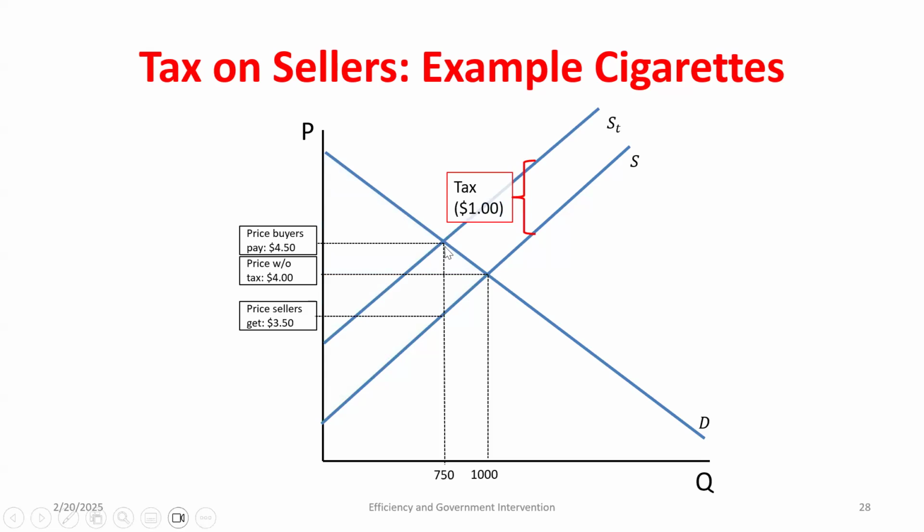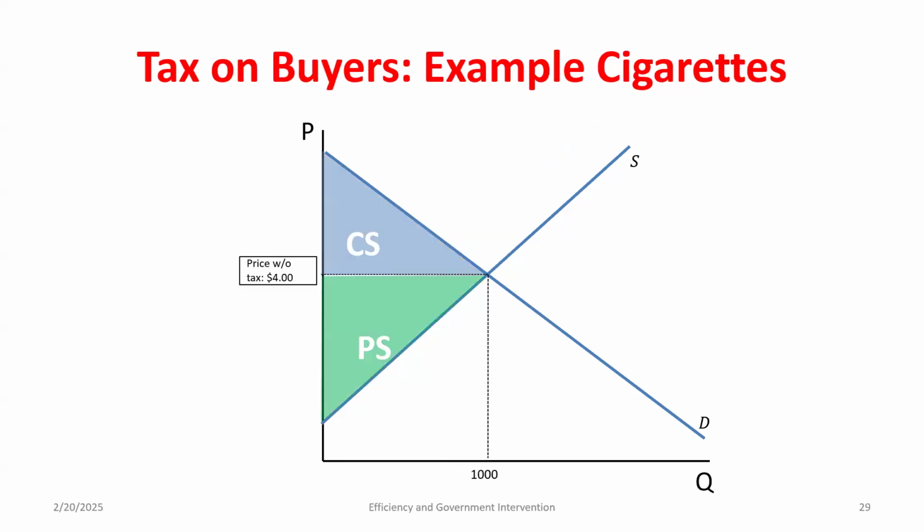Well, the new price consumers pay is going to be higher, $4.50. The seller gets to only keep that minus the tax. So here, what would the value of my tax be? $1, right? That's the difference between these supply curves. We then kind of identified consumer and producer surplus, tax revenue, and our deadweight loss, right? So we already did all of this. I wanted to go through it just quickly because I'm not going to ask you questions on this. But you would get the exact same effects if I impose the tax on producers or I imposed it on